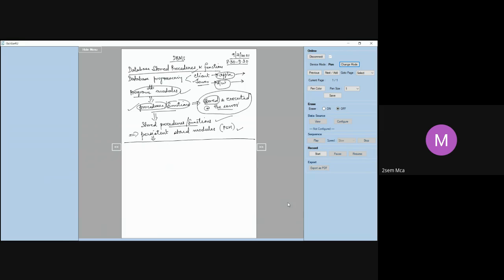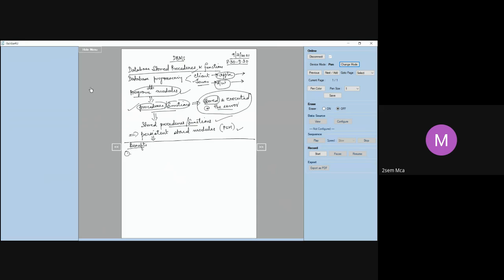Is it clear to all of you? Yes, ma'am. Yeah. Now, let us move on to why is this stored procedure required? Before we go into further details, let us try to understand what is the benefit of this. When is it going to be useful? In what circumstances is this stored procedure going to be useful?